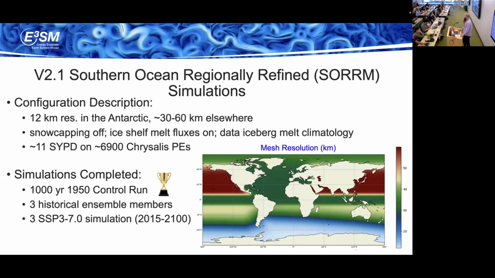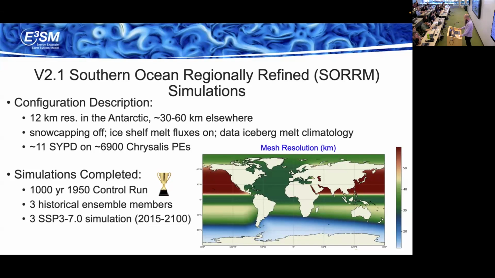And in these configurations, we do calculate ice shelf basal melt fluxes from Antarctica, but in order to not double count the contribution for Antarctic ice sheet runoff, we need to disable what's referred to as snow capping, which is effectively precipitation that falls over Antarctica above some certain height being immediately routed to the coast as runoff in the standard model. So to avoid double counting, we have removed that. This does impose a bit of a violation of conservation of mass in the system.